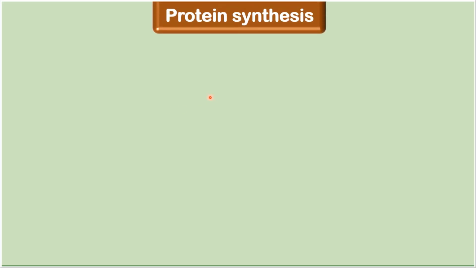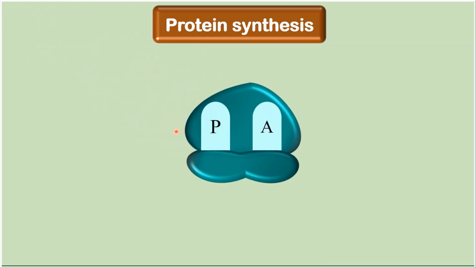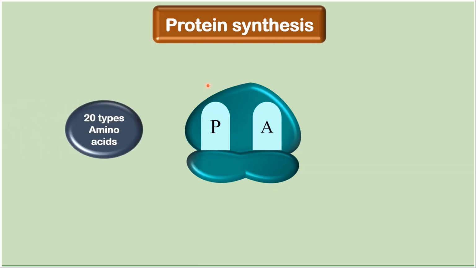Now students, there are many elements required for protein synthesis. The first element required is the ribosome itself. As we know, ribosomes are called the factory of protein synthesis. Proteins are made up of amino acids, so to form proteins we require various types of amino acids, which are brought from the cytoplasm to the site of protein synthesis by various types of tRNAs, called transfer RNA.